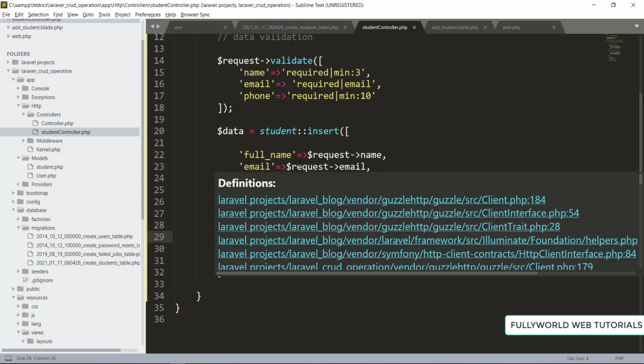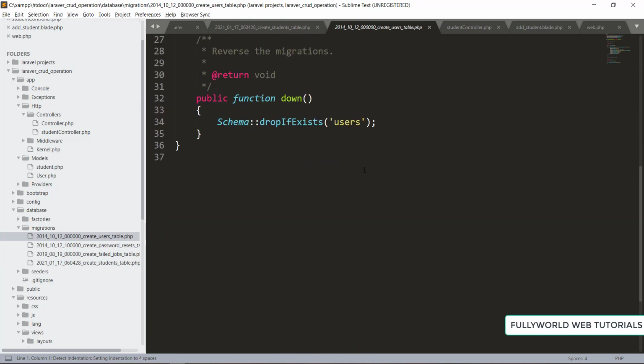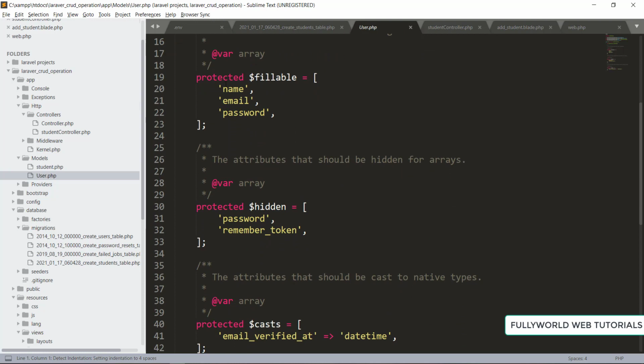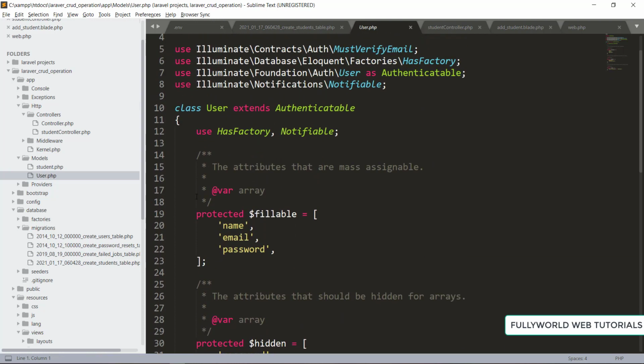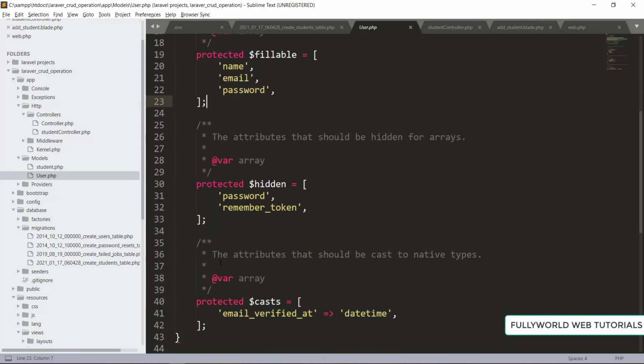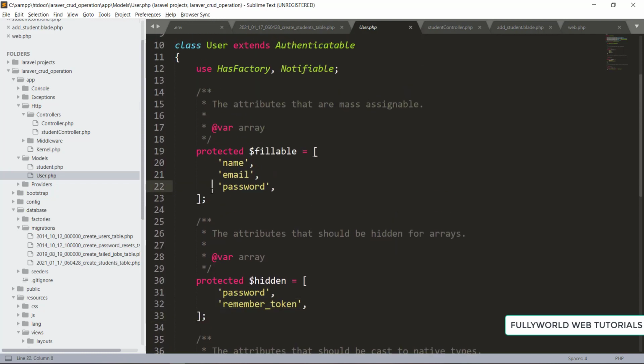The solution to this: when I go to our users table, our users model, see that something is there, protected $fillable is there, and after that there is hidden. So these things are there.